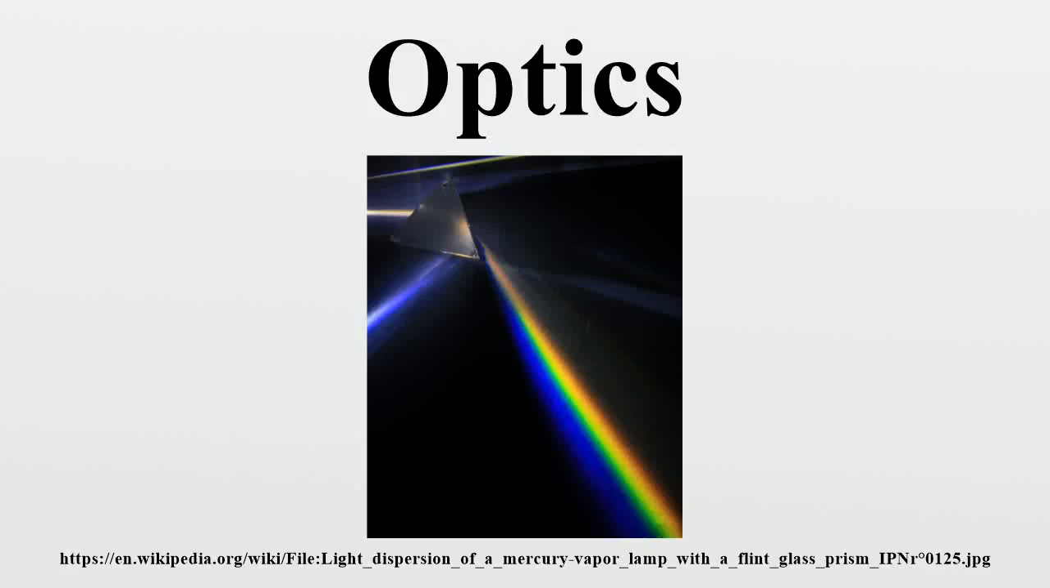Optics is the branch of physics which involves the behavior and properties of light, including its interactions with matter and the construction of instruments that use or detect it. Optics usually describes the behavior of visible, ultraviolet, and infrared light. Because light is an electromagnetic wave, other forms of electromagnetic radiation, such as X-rays, microwaves, and radio waves, exhibit similar